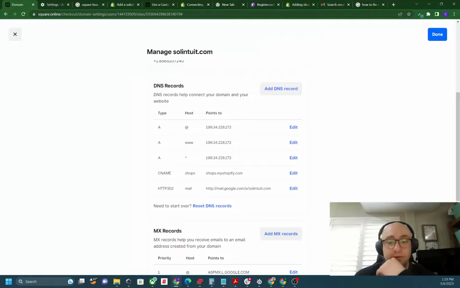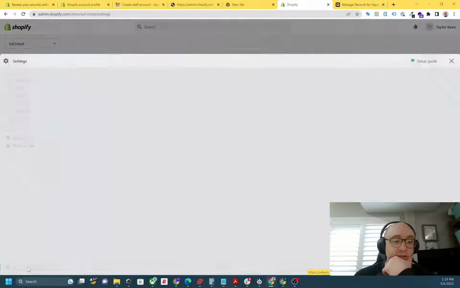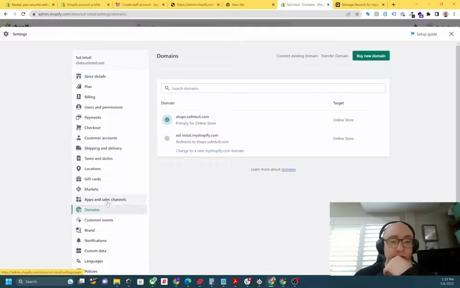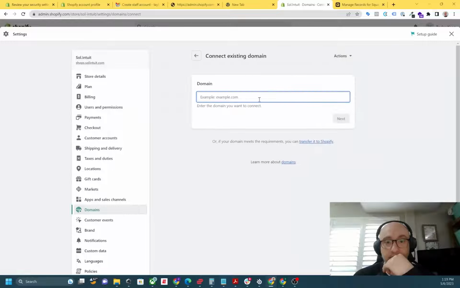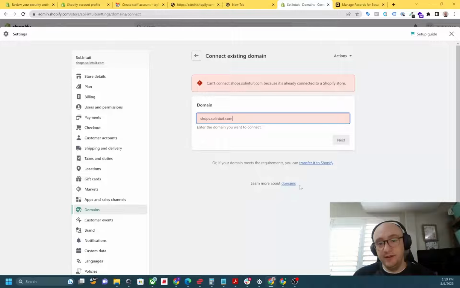Then you'd go back to your Shopify store, and go to settings, and then domains, and you would click on connect existing domain, and then type in your shops dot whatever website your domain is, so soulintuit.com. Click next, and then it's already been connected, but there's just one more button you have to click,